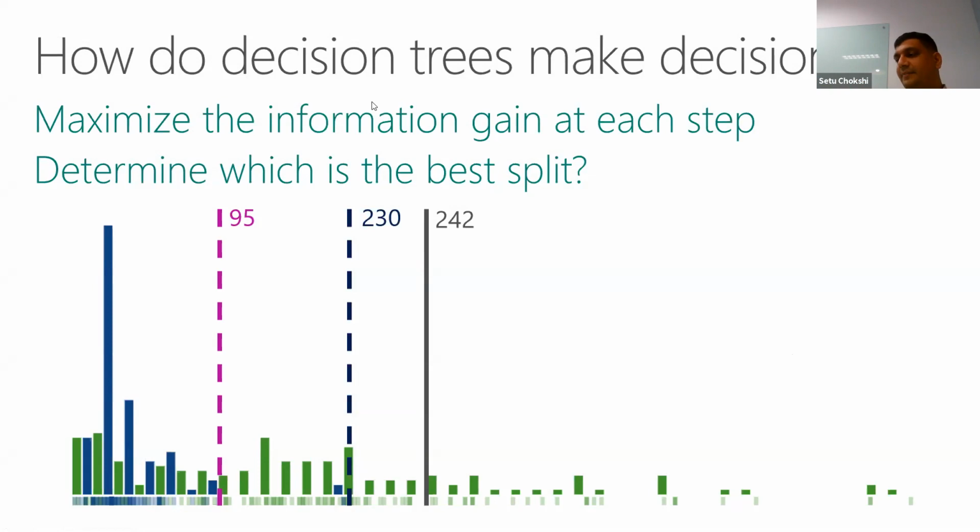So there is this concept that we call information gain, right? Which tells us which split it needs to make. What is meant by information gain? So when we did a split at 95, which got us to around the accuracy of 83, we gained some information about the data set that said that if my elevation is greater than 95, the apartment is in San Francisco. Anything less, most likely it will be in New York. So you gained some information, right? So that's the concept that we'll build along.